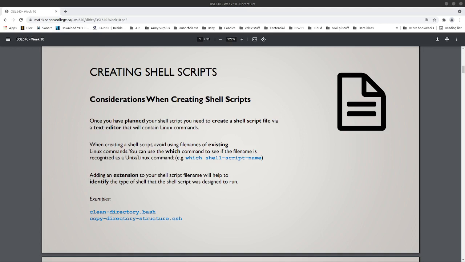you need to create your shell script using a text editor. That's partially why we looked at text editors earlier in the semester. This should be a good refresher with some of that. You're going to want to avoid using file names that are the same as existing commands. So you wouldn't want to create a shell script called ls, for example. So you can use a handy command called which, and it will tell you if that file name that you're thinking about using for your shell script exists within the system as a command. And if it doesn't, boom, you're good to go,